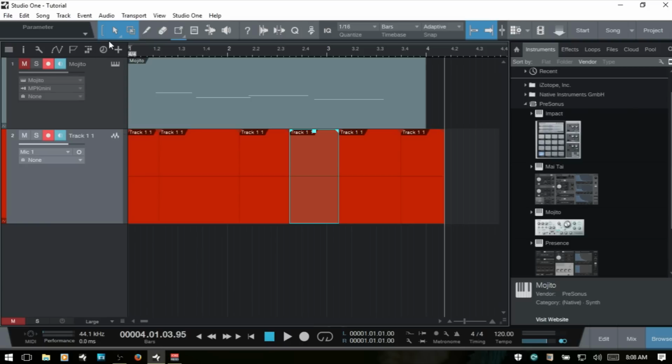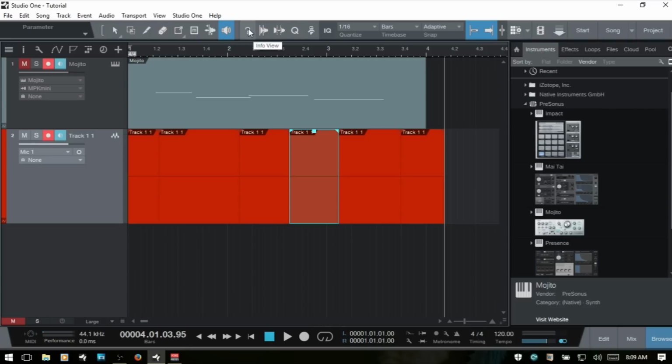If we press 1, that's how we access that. If I press 2, we access the range tool, 3, the split tool, 4, the erase tool, 5 is the paint tool, and if I continue to press 5, we change from the different types that are available. If I click this arrow, we can see what those are changing to. Now, 6 is our mute tool, 7, the bend tool, 8, listen tool,